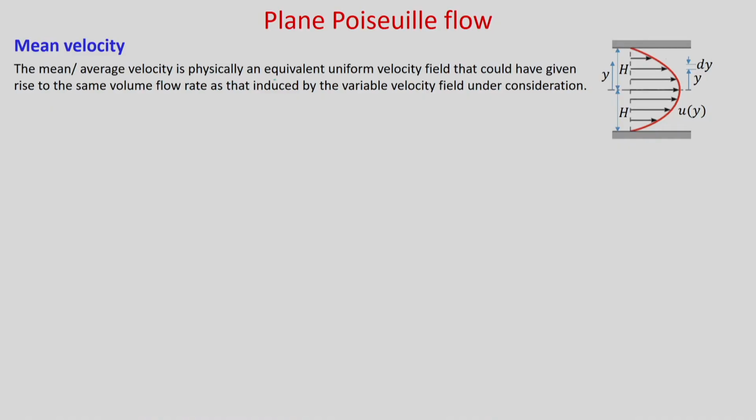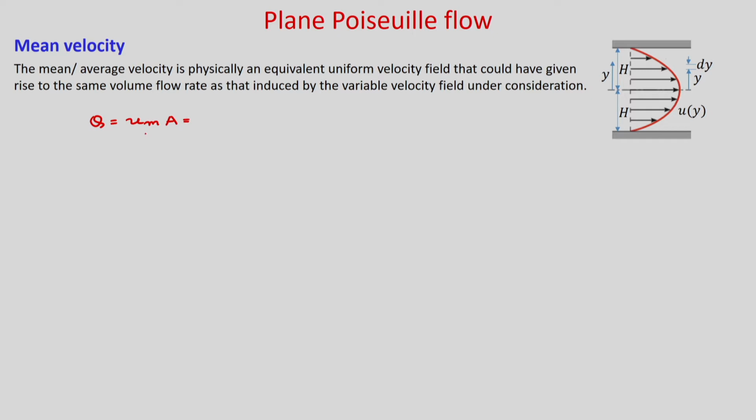So, now we are interested to find what is the mean velocity or average velocity at any cross section. You can see that mean or average velocity is physically an equivalent uniform velocity field that could have given rise to the same volume flow rate as that induced by the variable velocity field under consideration. So, if you calculate the volume flow rate q, you can write q is equal to um into area,